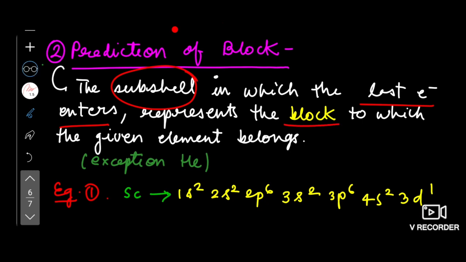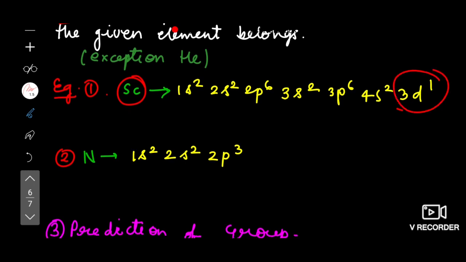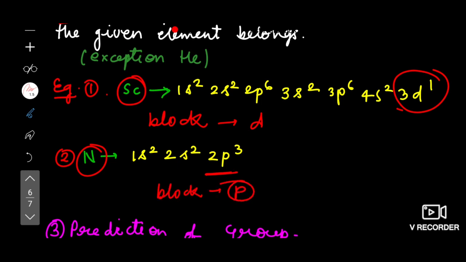If we take the example of scandium and nitrogen, in scandium, if we look at the electronic configuration, the last electron enters into the d subshell, then the block of scandium will be d. And if we look at nitrogen, the last electron enters into the p subshell, then the block of nitrogen will be p. Okay, now we have